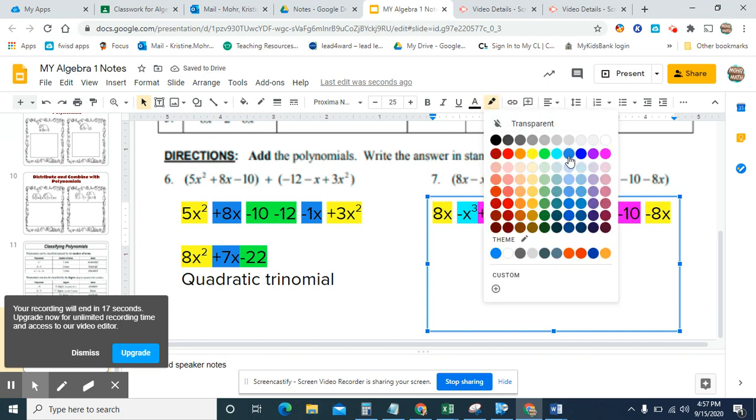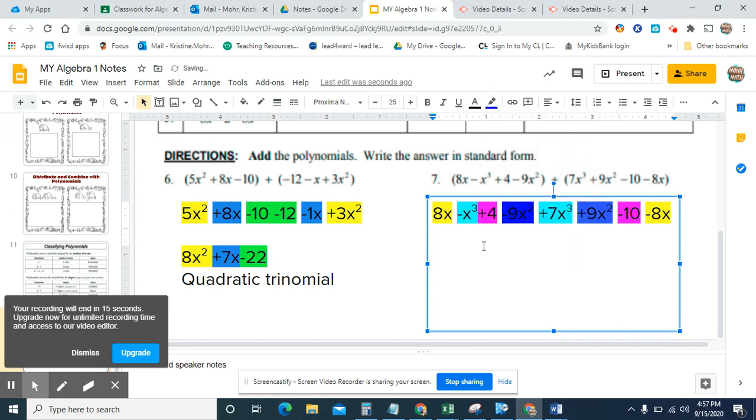Okay, so then you just are combining your terms. So 8x minus 8x, that cancels. Negative x cubed plus 7x cubed is 6x cubed. Negative 9x squared and 9x squared cancel. 4 and